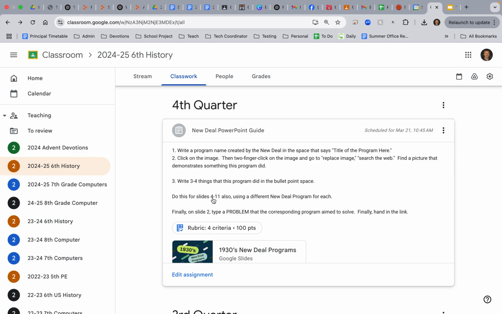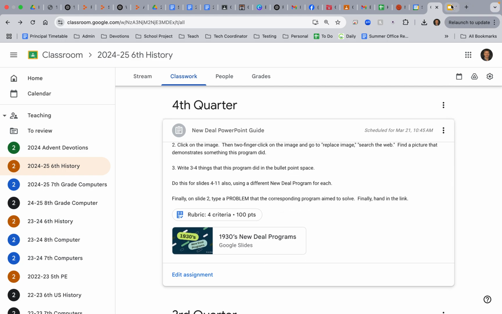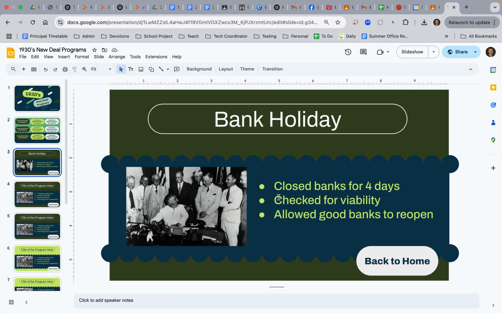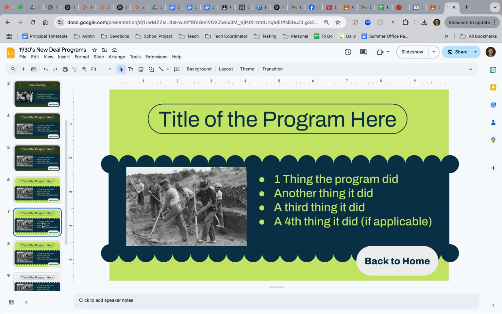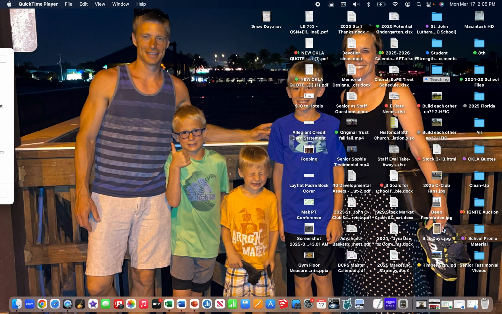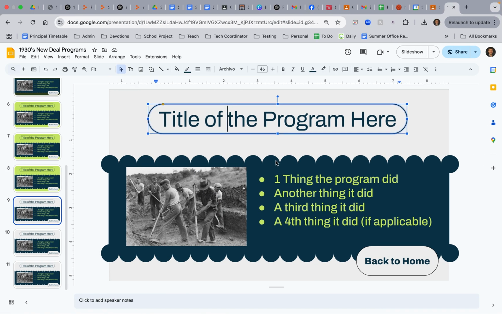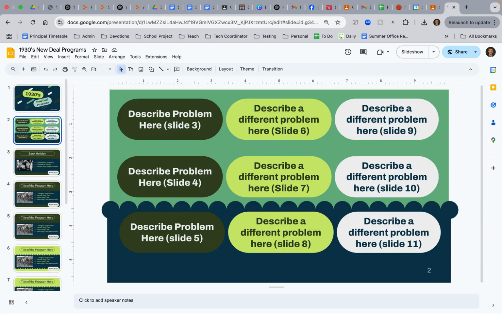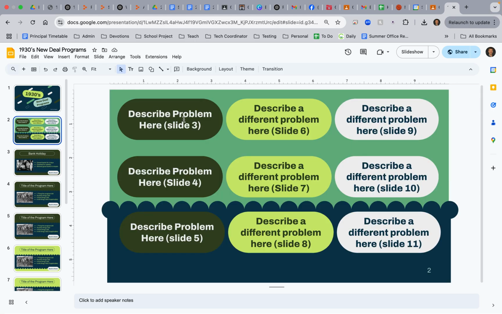And then it says do this for slides 4 through 11. And then finally on slide 2, write the problem. So this one is done. I'm going to go ahead and do that for all of these, but not going to make you watch all of them or give you the answers for all of them. But using that sheet that we had here, I have all the programs and what they did. So program, what they did, replace the picture. When I'm done with all of slides 3 through 11, I'm going to go back to this